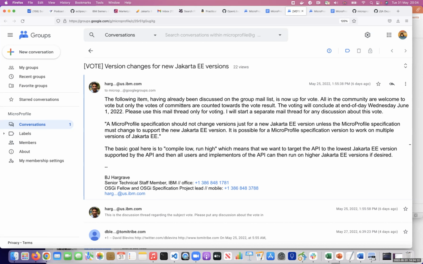I think there's a difference to Jakarta EE in MicroProfile. The TCK is a part of that component specification, so they're combined together and have the same version number: the spec document, the API, and the TCK.